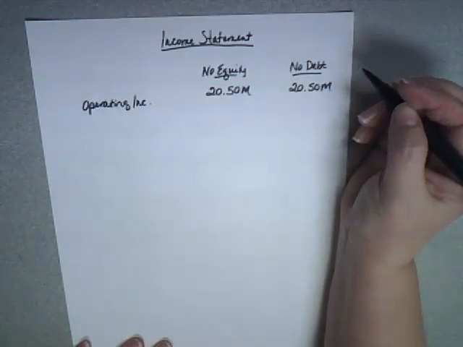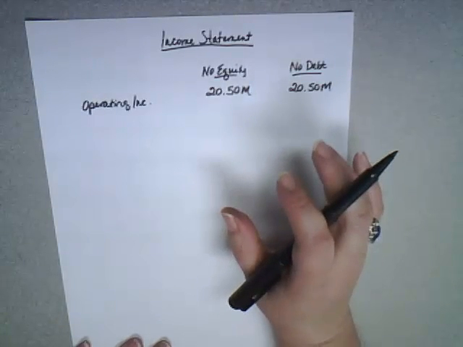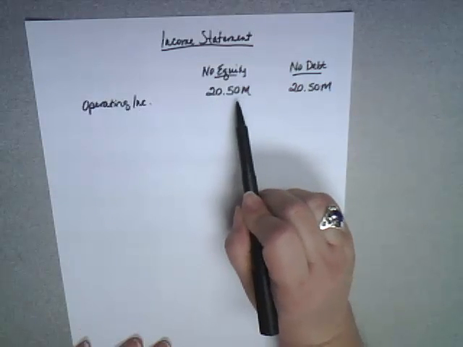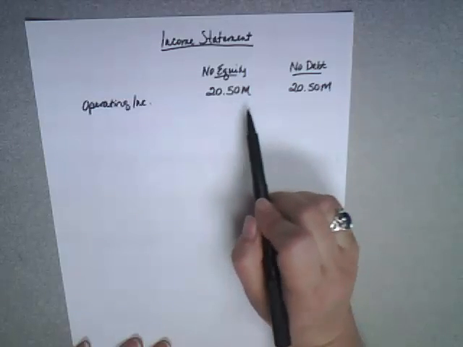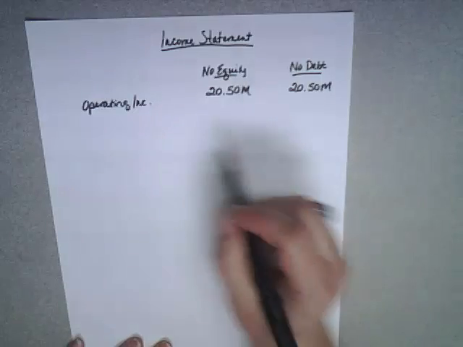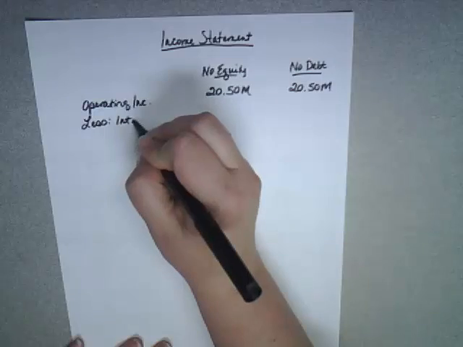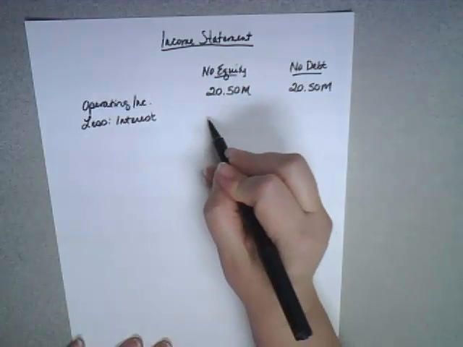And we also know, and we're taking a look at this from a tax standpoint, okay? So if we brought in 20.5 million in operating income, we're not going to pay tax on that whole amount. We're going to be able to write something off. And what we're going to be able to write off is the interest that we have to pay on the debt, okay? So in the case of no equity,